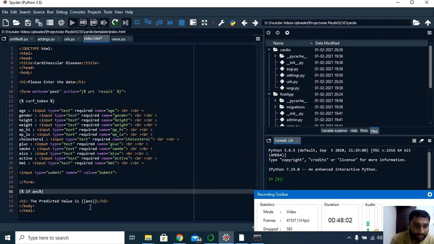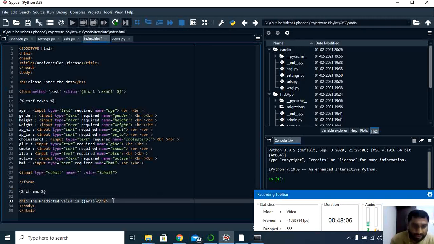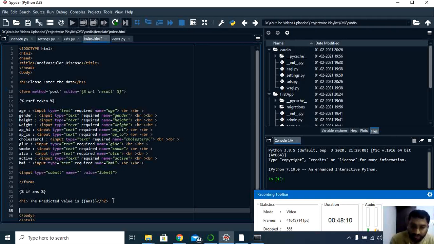If ANS, this is it. Nothing much here. Next is to end this one. To end this, again use bracket percentage. If you want to end, you can use endif. That's it. I'm hoping for the best. Let's see whether this will work or not.